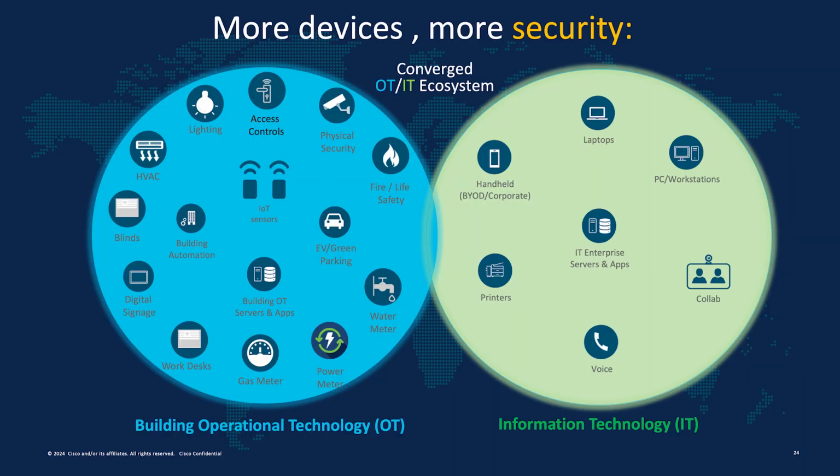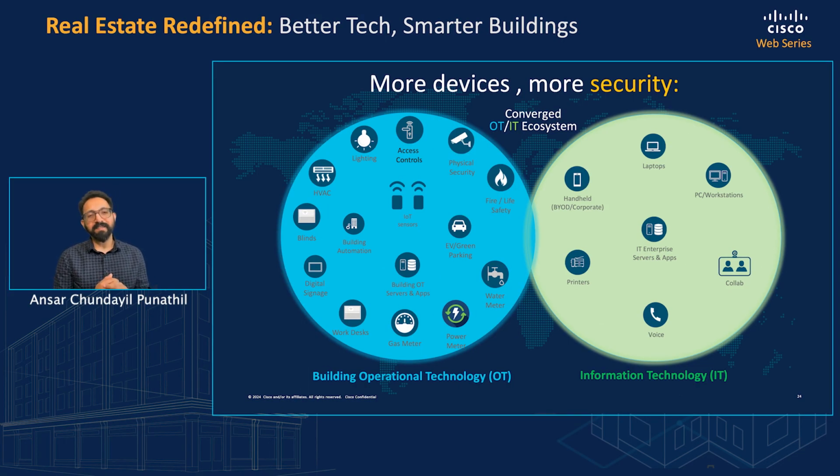Now, let's take a closer look at how the number of IT and OT endpoints in a workplace is evolving. The number of traditional IT devices is actually shrinking. This is due to factors such as increasing integration and convergence of voice and video communications, the migration of more applications to the cloud that reduces the reliance on locally deployed hardware, the implementation of bring your own device policies, allowing employees to use their personal devices for work, and most recently, the significant impact of advancements in artificial intelligence and machine learning technologies.